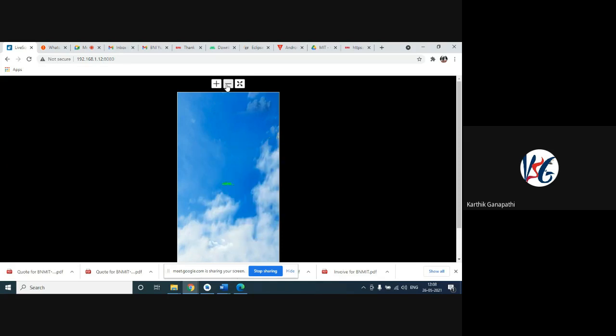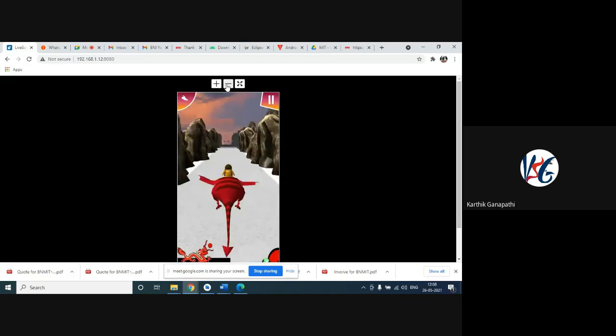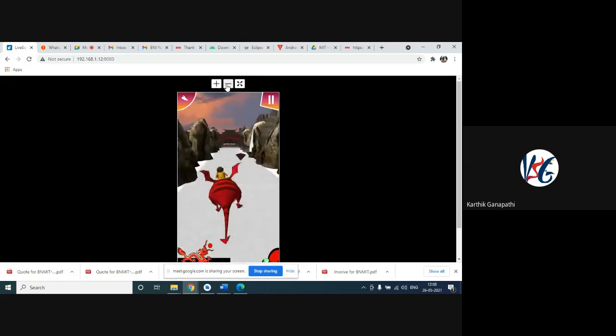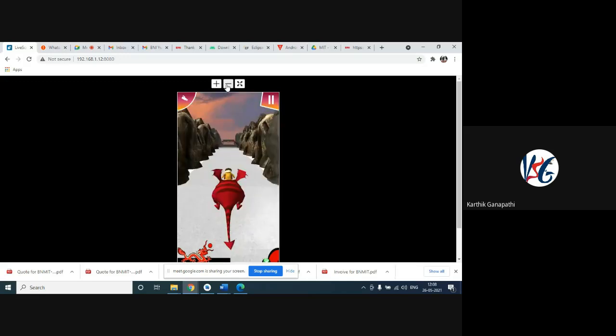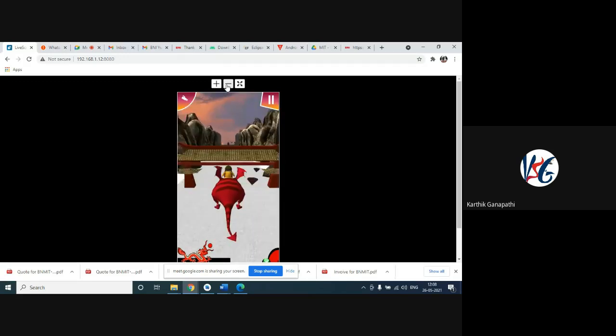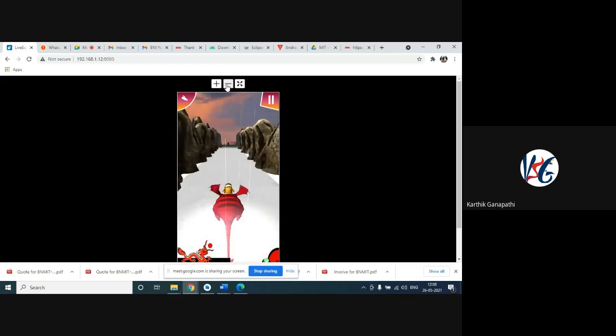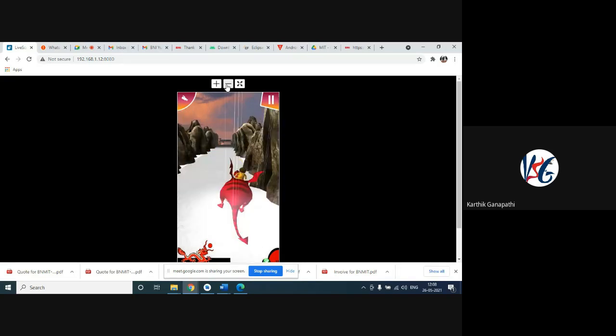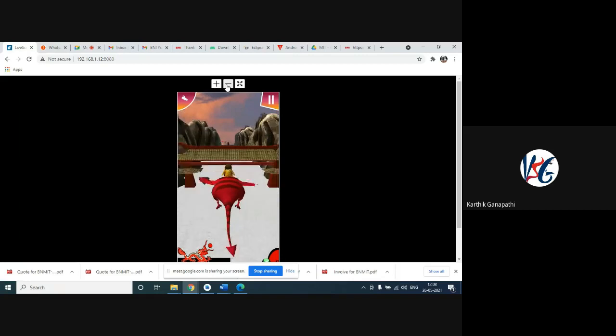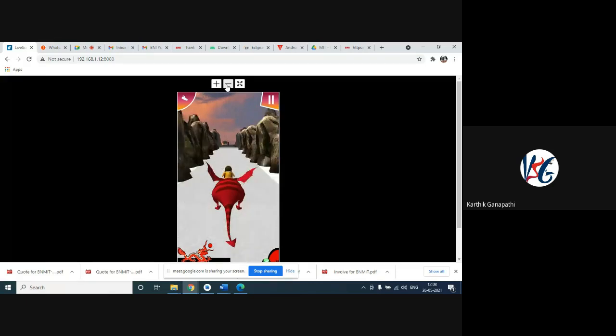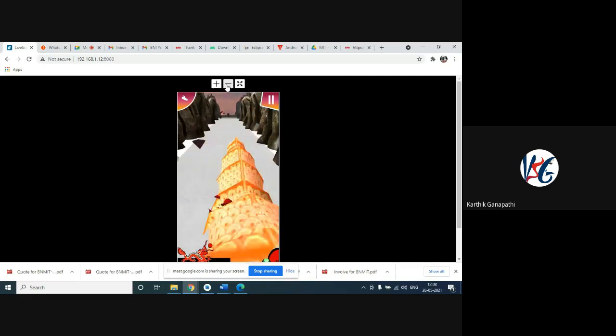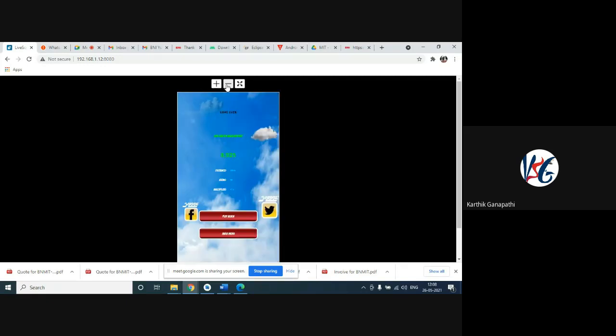I'll just show you. As you can see here, there is a dragon. For this game, we used a platform called Unity 3D for development. Now you can see how it is going to work. So this is one option, and we can change the views also. There are so many characters in this game. This was one of the applications that we developed.